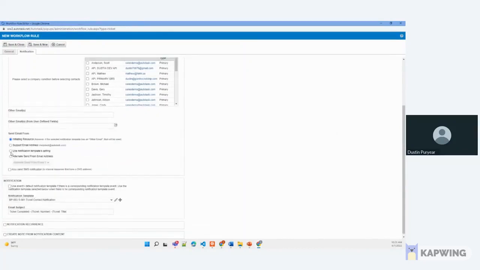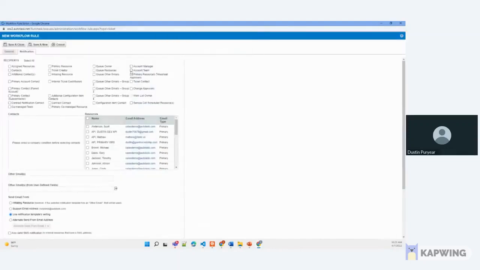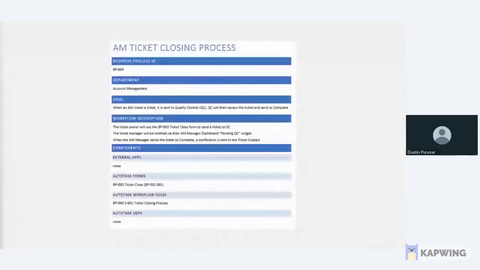And I'm going to show you how this works, but you're going to use this notification template setting. The reason why this notification comes from no reply at your company is so if somebody replies to that ticket, it will bounce. Why does this work? If you take a contact, what I did here was